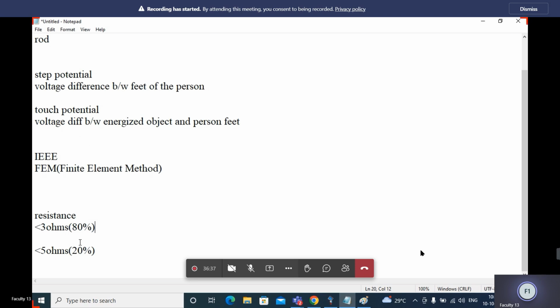In the substation, while they are doing the earthing, to reduce the resistivity they will use more than 10 kilos of coal, or otherwise 15 or 20 kilos, and then one tanker lorry of water, based on the fault current. So that is how they reduce the resistivity in real time.